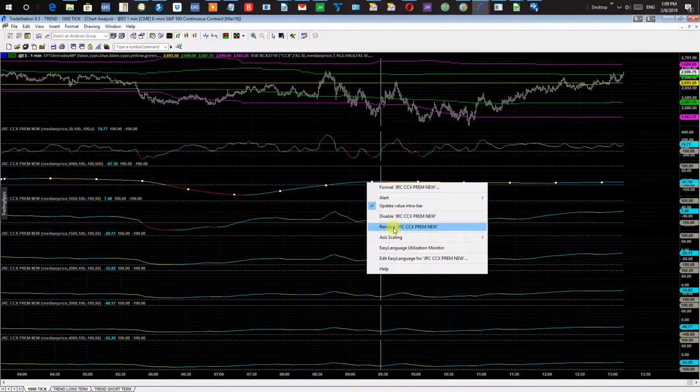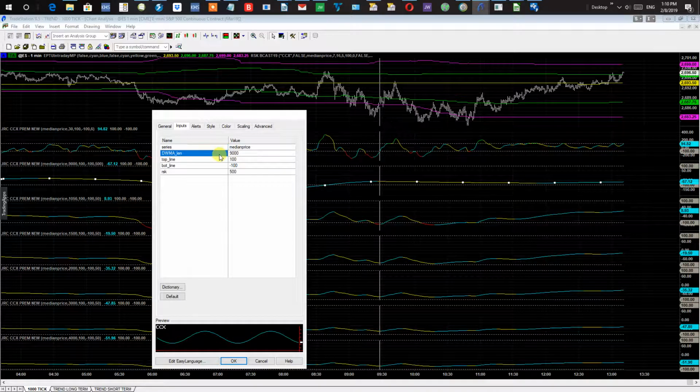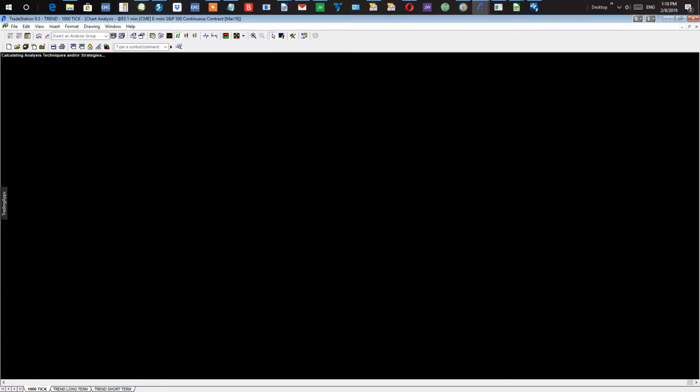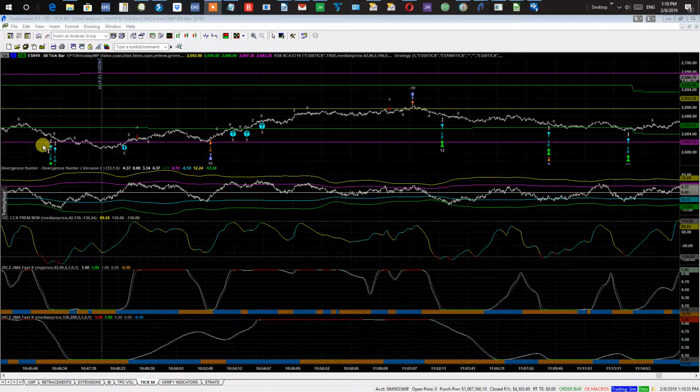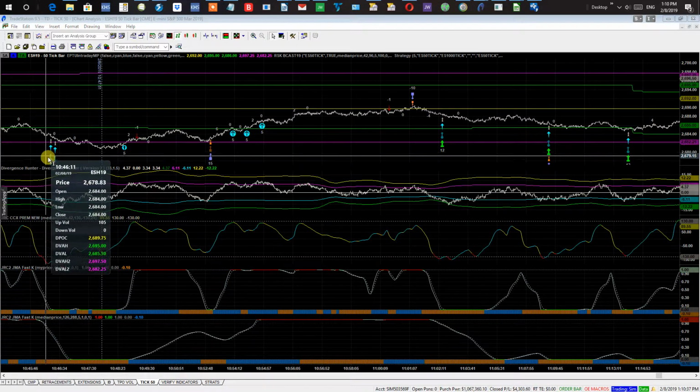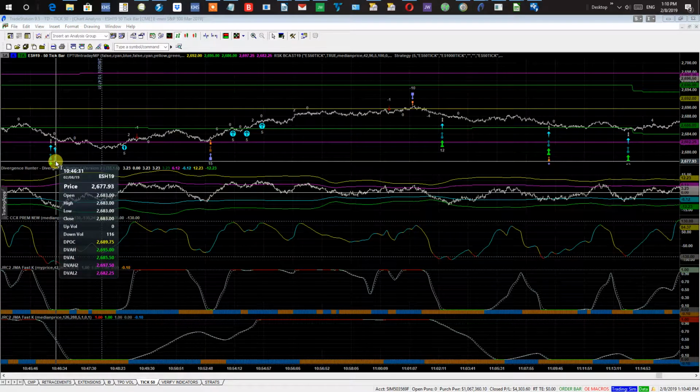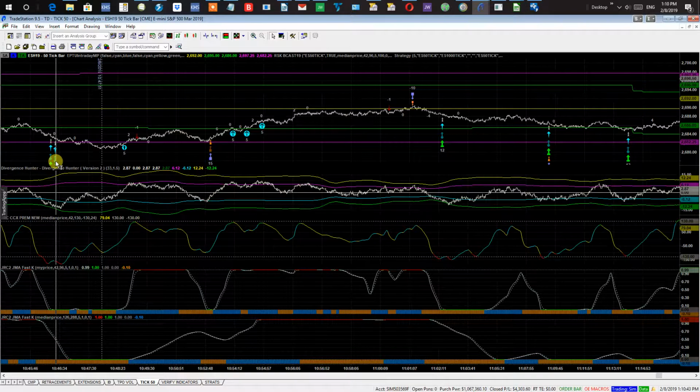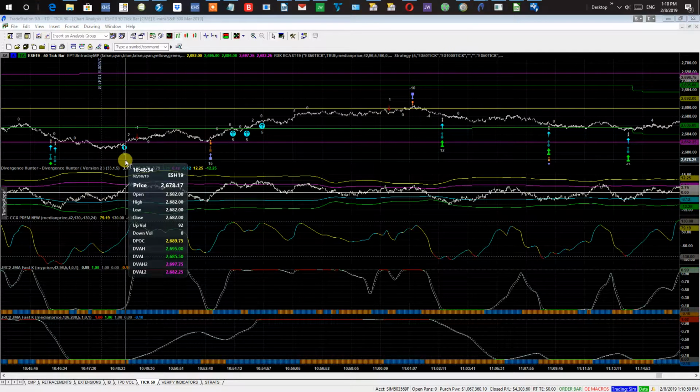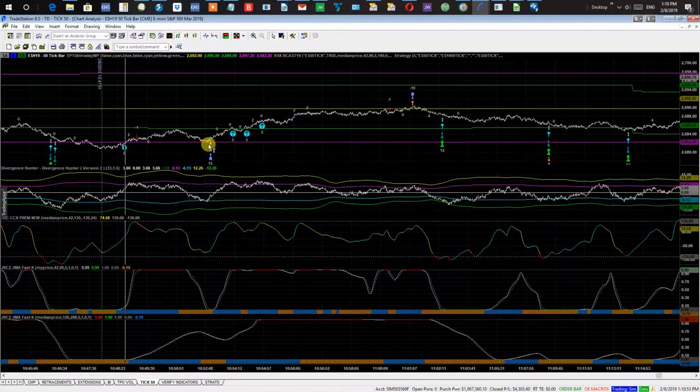Now, another thing that we've done, and I'm going to change this back. Now here was our low, and you'll notice that right in here, we got some long trades. Premature, we didn't want to go long there. We want to go long down in here. This is where the strategy is pulling off a long trade here, and then again, some nice longs in here. But we don't want to go long here. Now, why did that happen? Well, part of the reason was